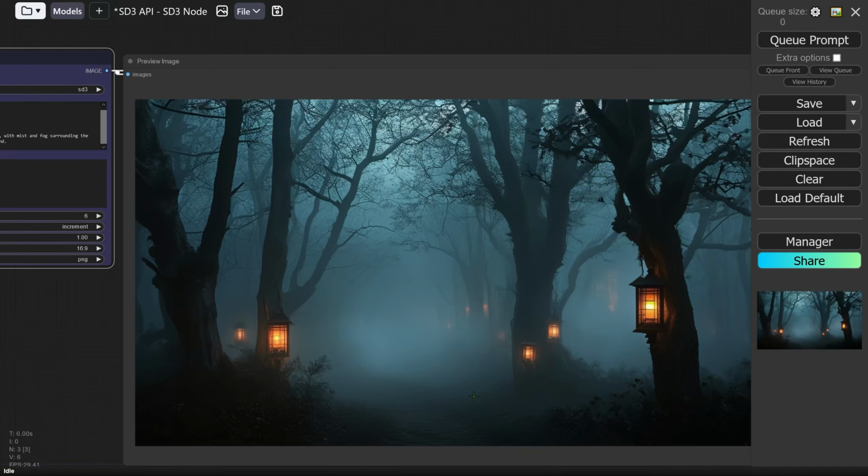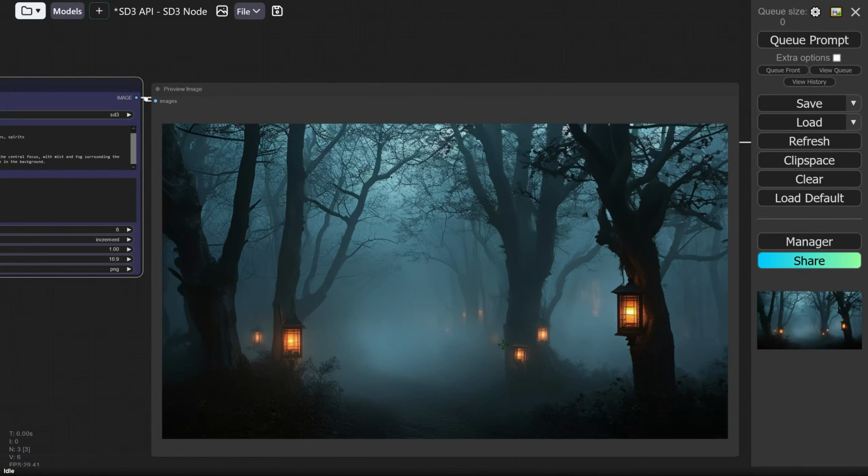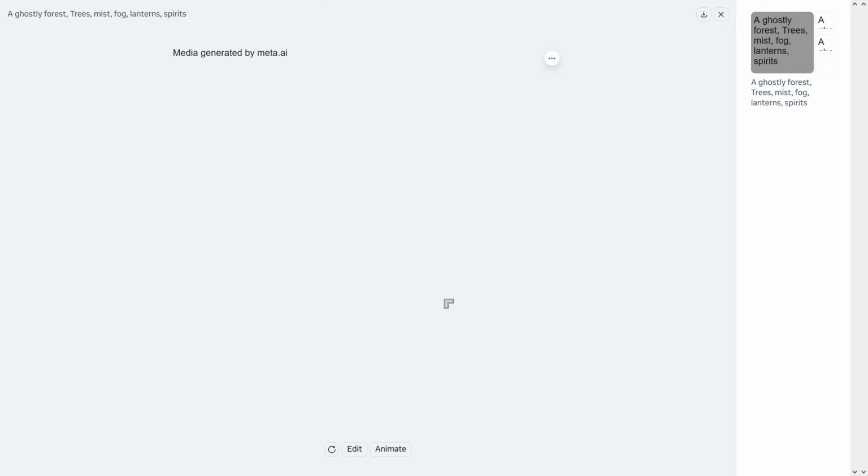You want something where there's a little bit of space, something that you could maybe work with if you want to do compositions with images. Sometimes you want there to be a little bit of space either at the sides or at the center. It's given us this kind of mysterious looking area in the center here, and the lanterns looking good as well. And inside of this one here, let me just bring it up,